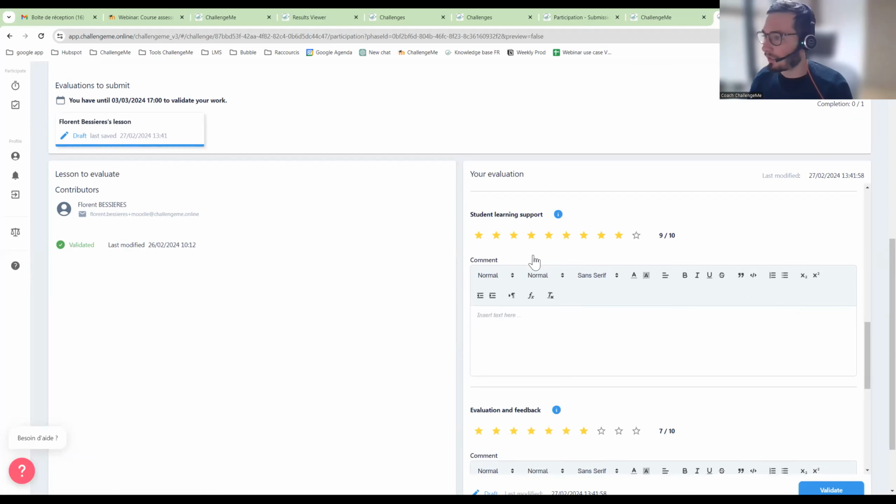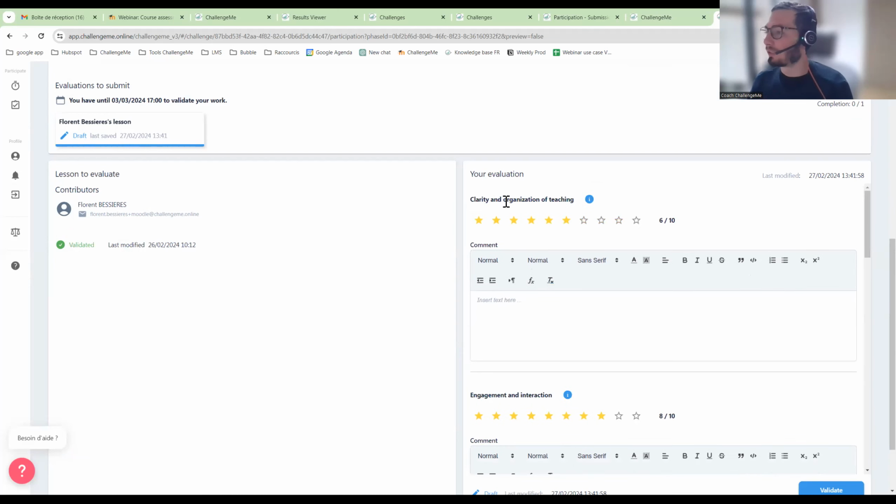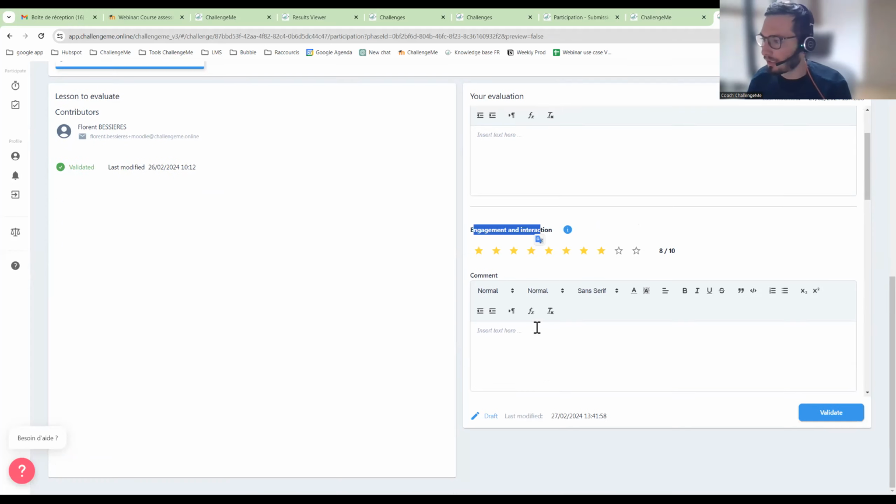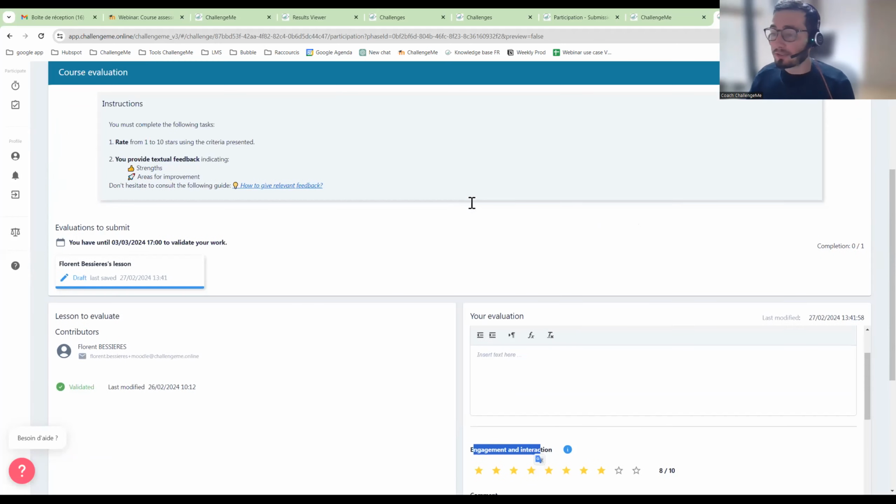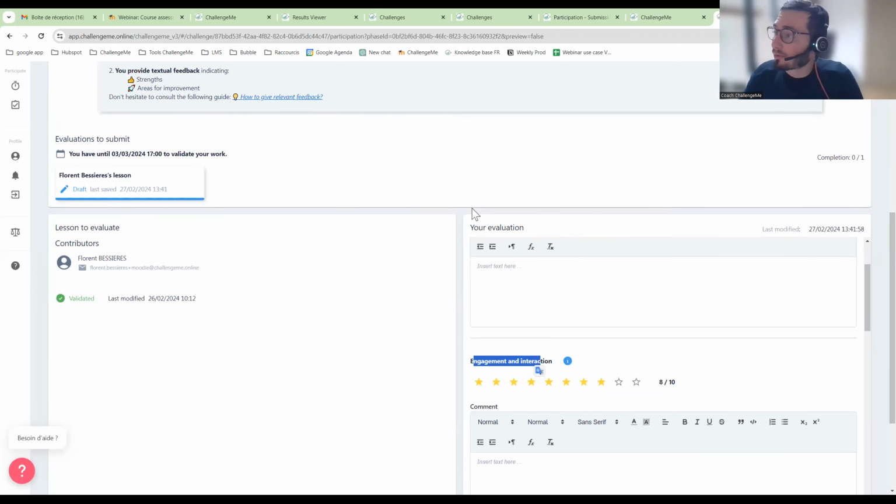And I can assess this course using the criteria presented just here: clarity and organization of teaching, engagement and interaction, etc. Once it's done, I click on validate. So this is how you can launch this second use case, allowing students to assess the lessons they receive.